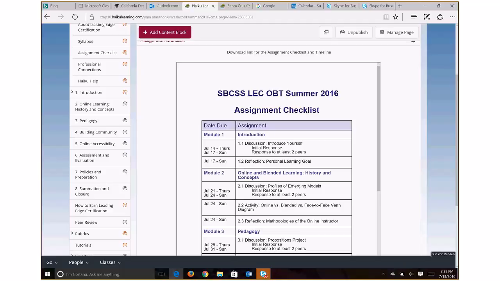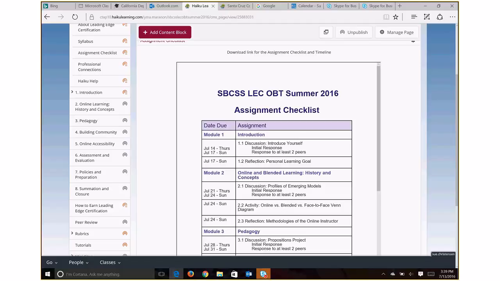So you could see the discussion's initial response from you is due on Thursday, the 14th, and then on Sunday, you will have needed to respond to 2 or more of your peers' initial responses. And then on Sunday, a reflection is due.